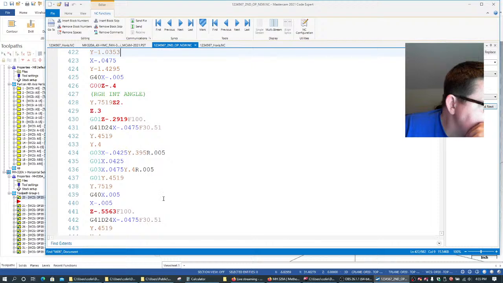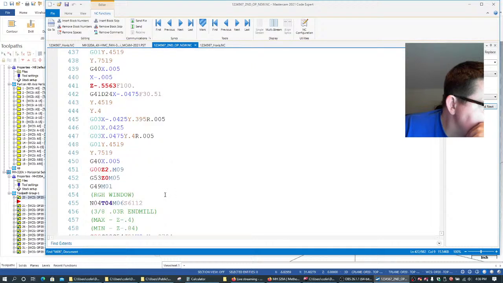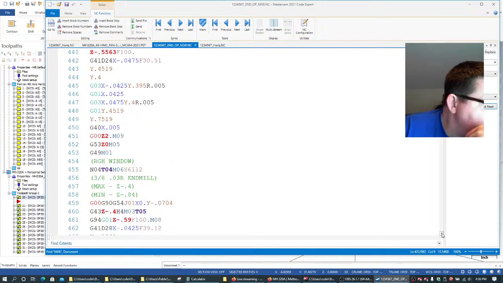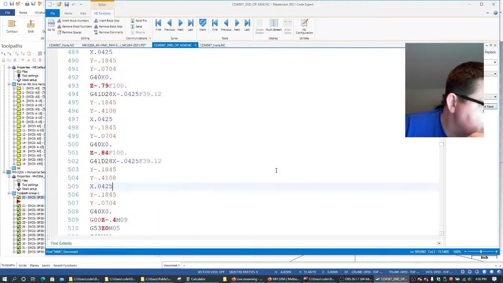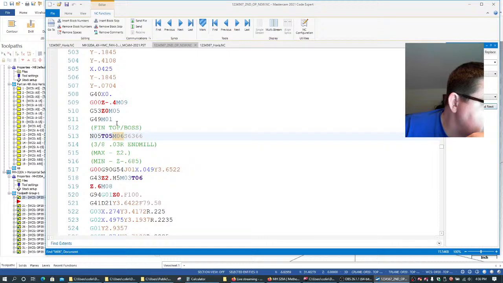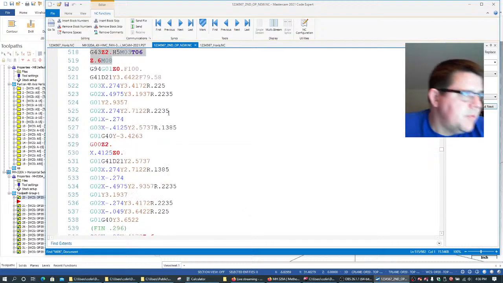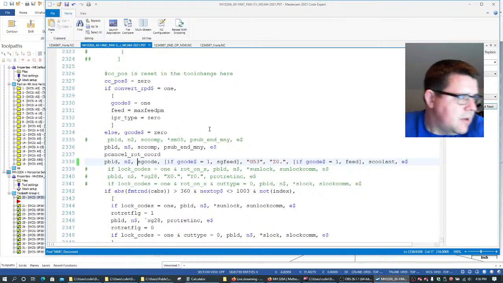So I'm not seeing a rotary code anywhere in here. J01, which is weird. G54 J01. I mean, I don't see any rotation. Yeah, so, alright, well, that's pretty much